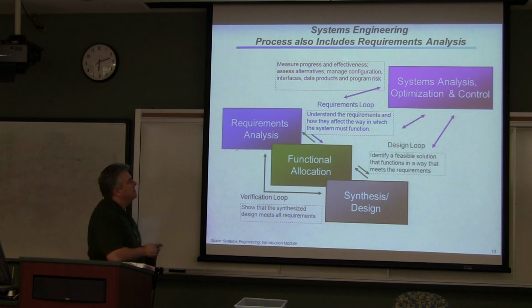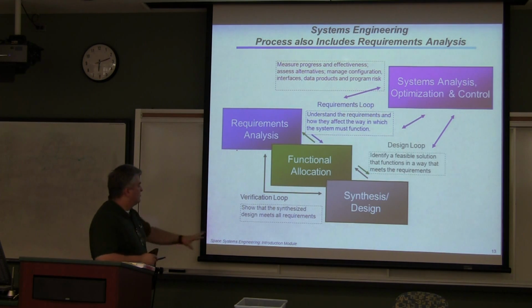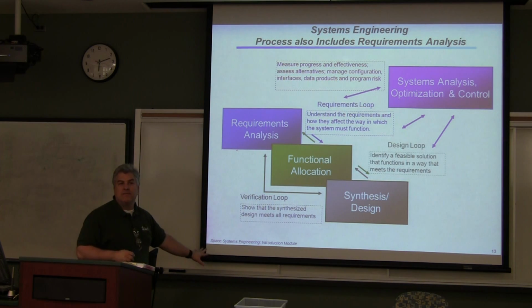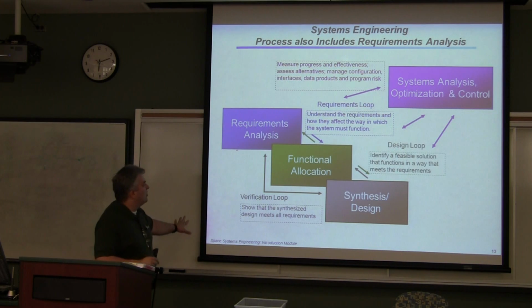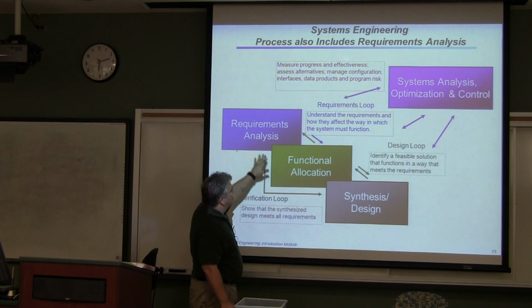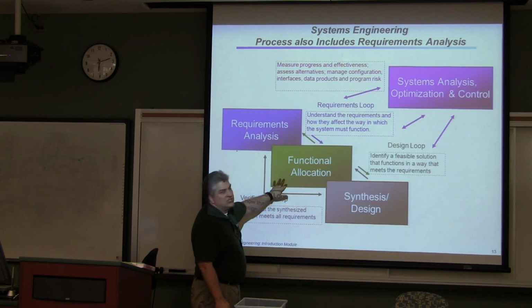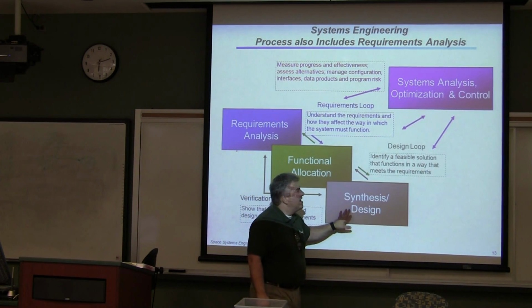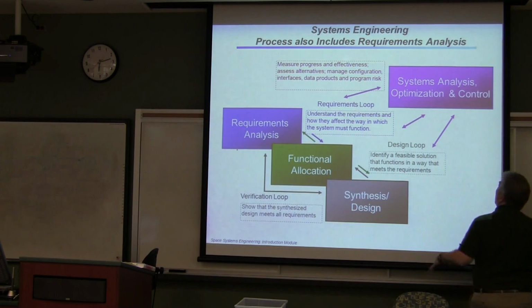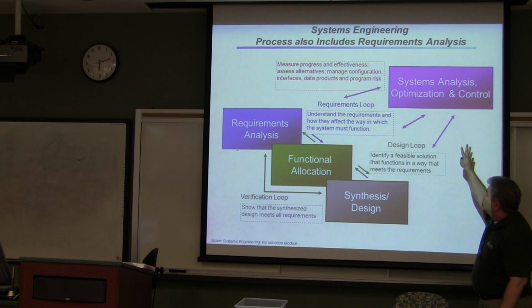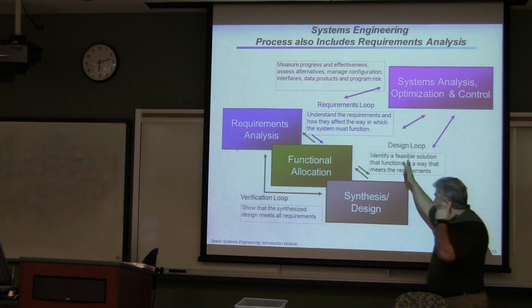This is a pretty ubiquitous chart identifying how you're going to do your design for a system. In other words, you identify your requirements, you allocate those requirements to different functional subsystems, and then you synthesize and design those subsystems. At the same time, you have oversight in your analysis and optimizing and control. So this requirements loop, I should say,